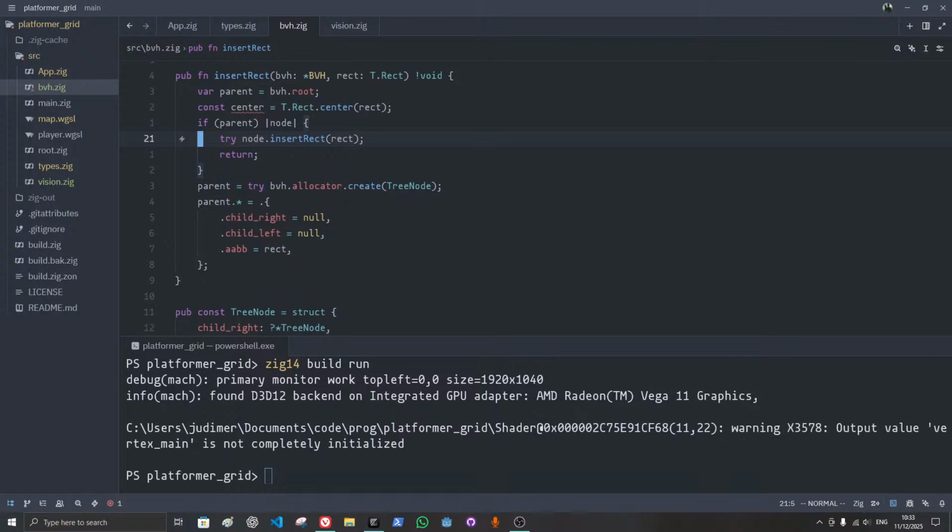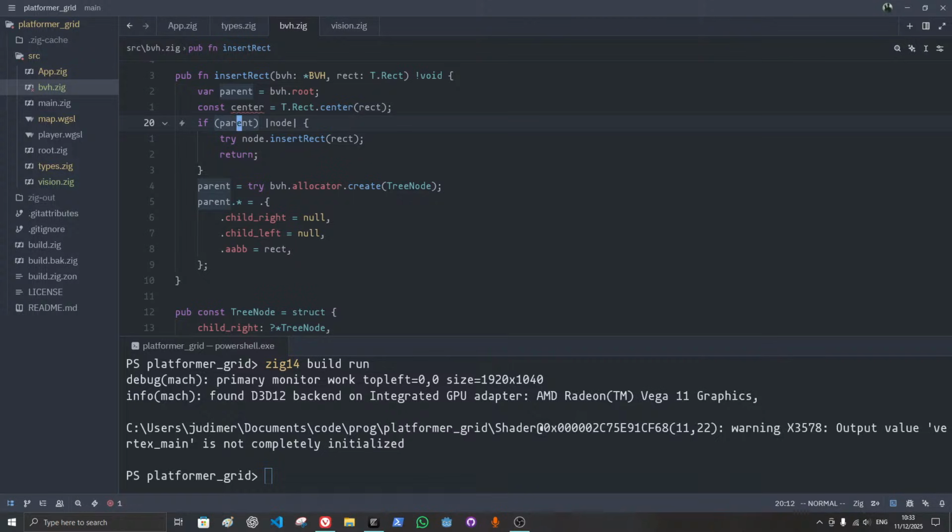Okay, how do I use center, by the way? Oh yeah, okay. Here,